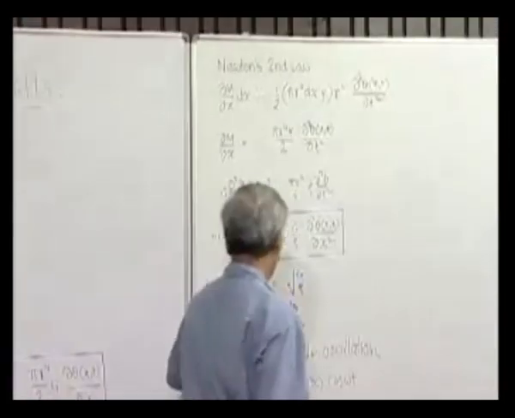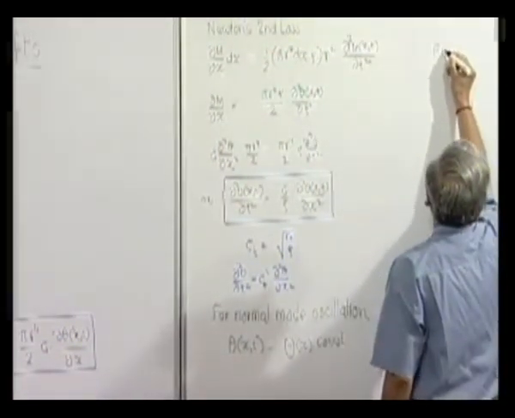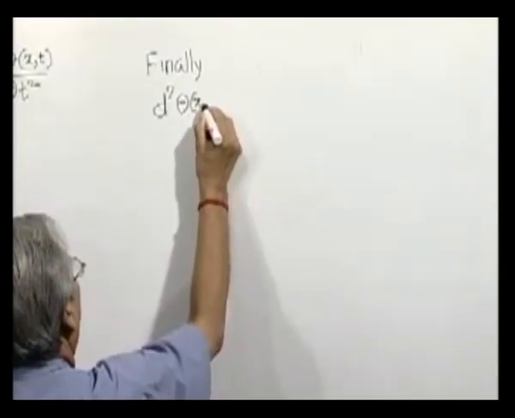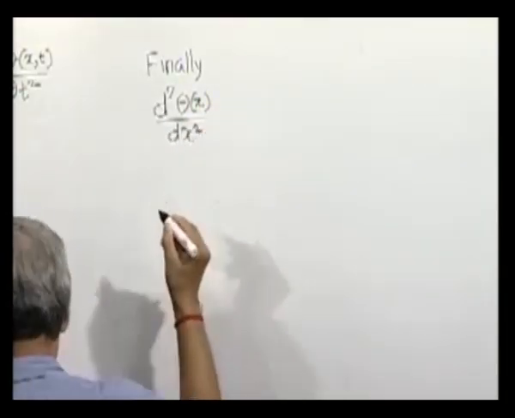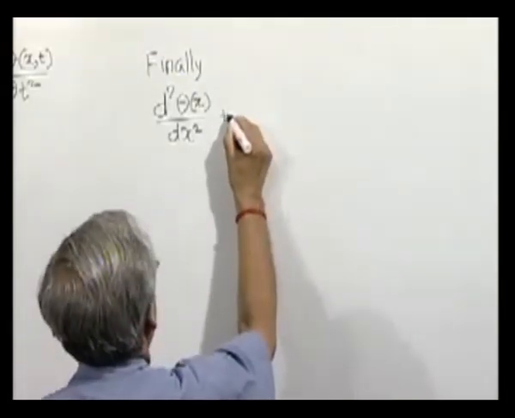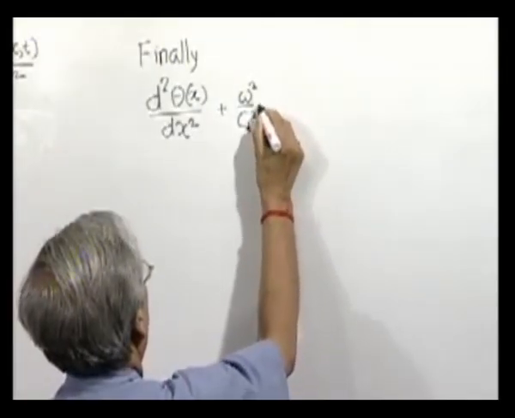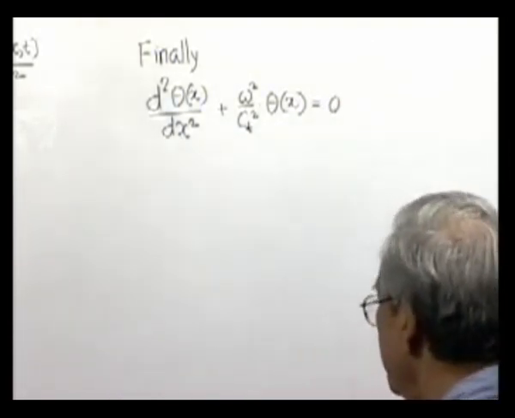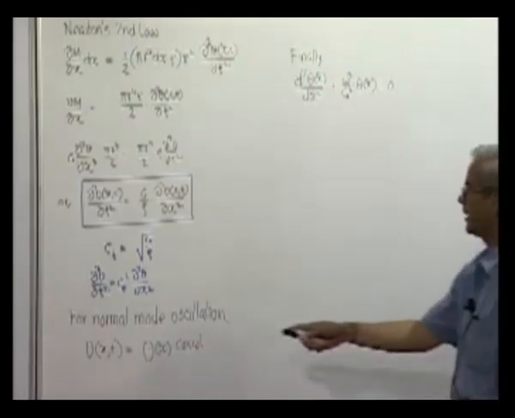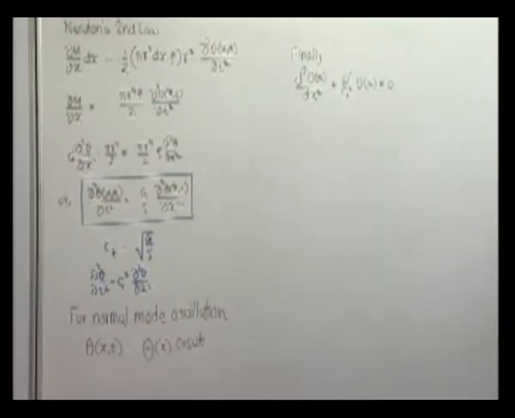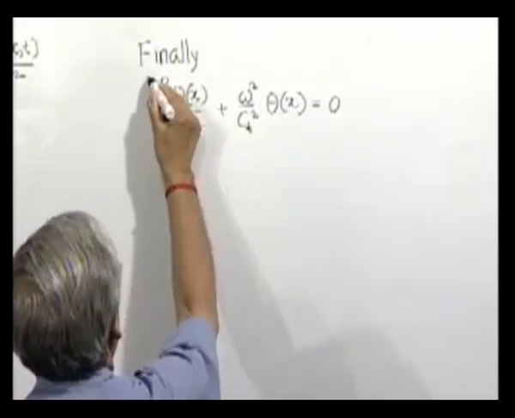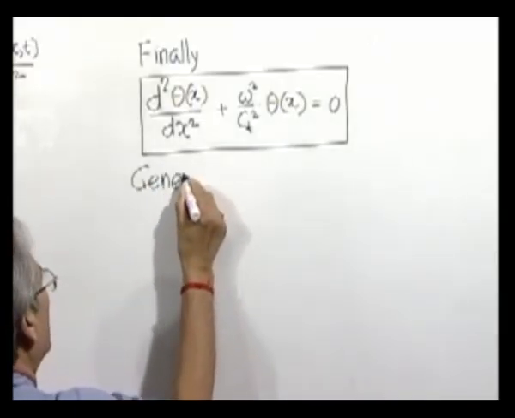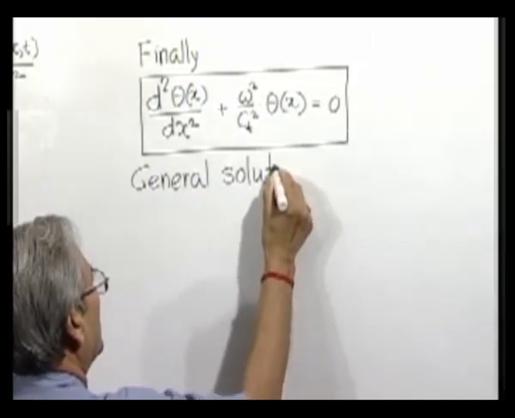And if we substitute this here, we get, so when you substitute this theta here and cosine omega t gets cancelled, this is the equation we get, and the general solution will be